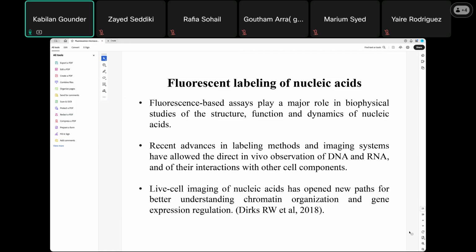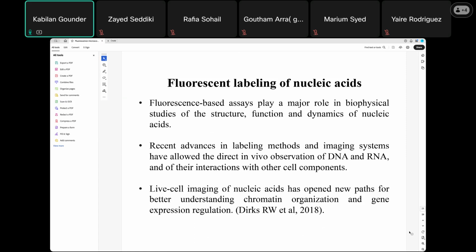The live cell imaging of nucleic acids has opened a new path for better understanding chromatin organization and gene expression regulation. These fluorescence labeling techniques play an important role in understanding genetic abnormalities and